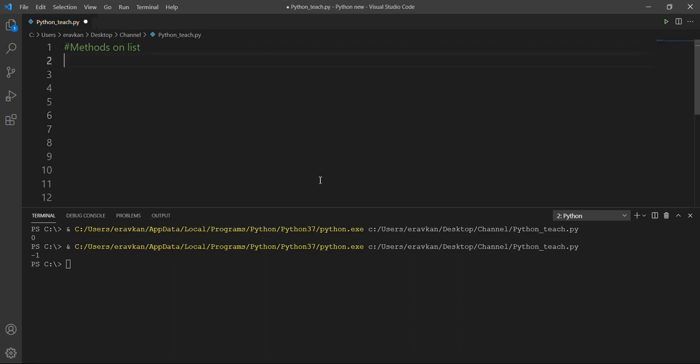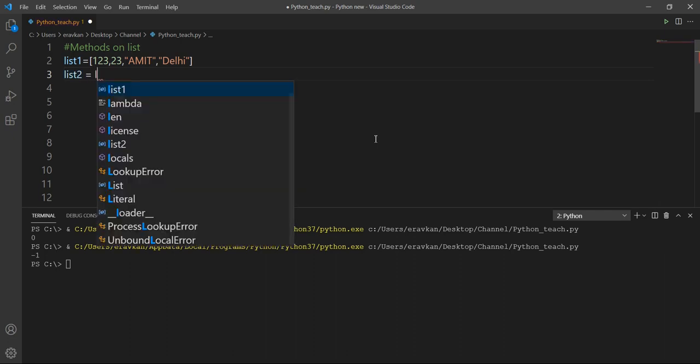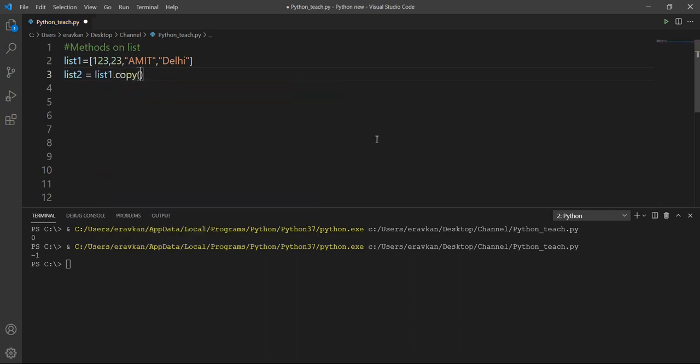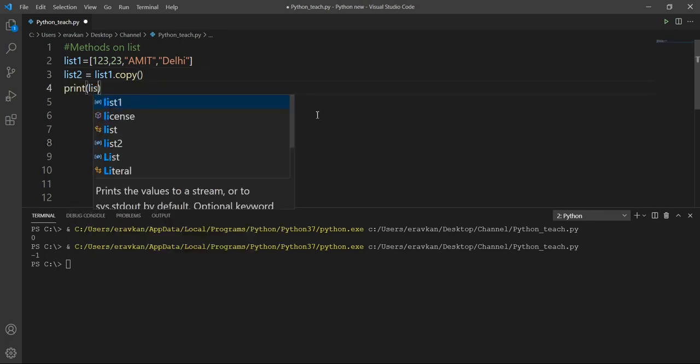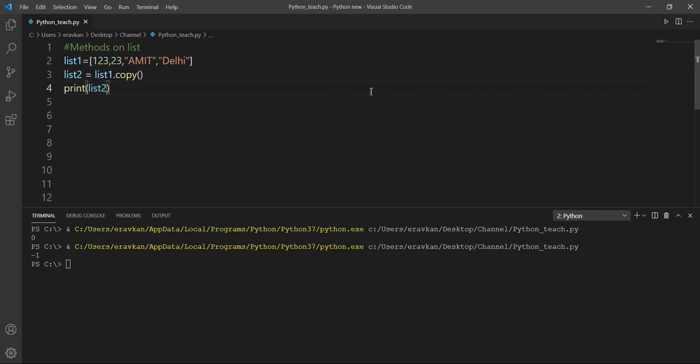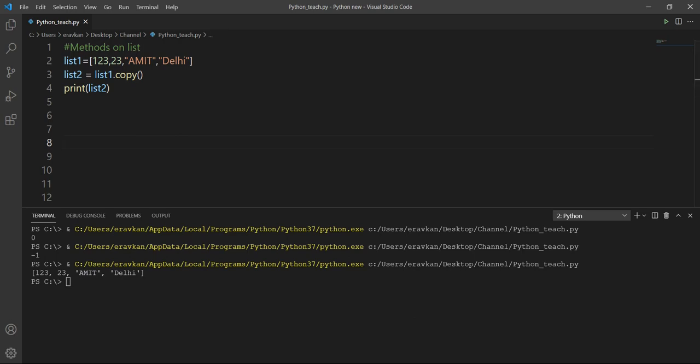Suppose I have a list and I want to make a copy of it. List2 equal to list1.copy. If you print list2, now list2 will contain all the elements of list1. So copy is also covered.